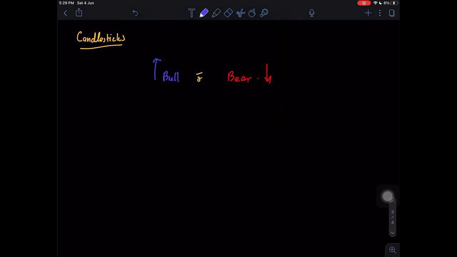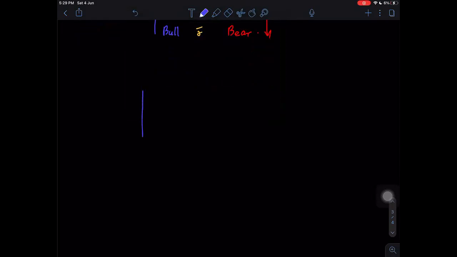All right. And so bull candles, right? So you see this guy. Let me draw a rectangle for you. Why is it diagonally shaped? Okay. All right. So of course this is a candlestick.